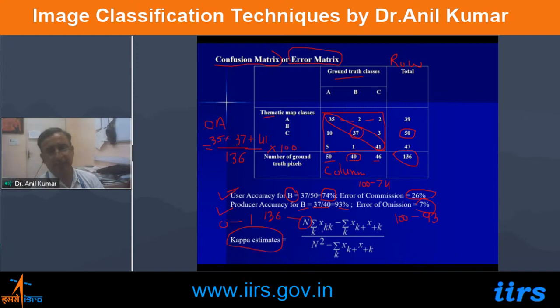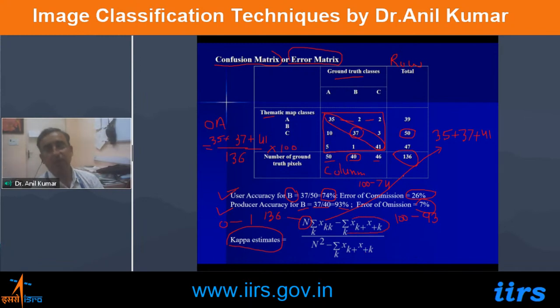Summation XKK is this one, summation 35 plus 37 plus 41. So here this will be 35 plus 37 plus 41, and this one,